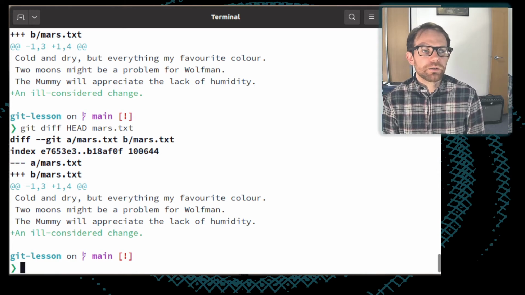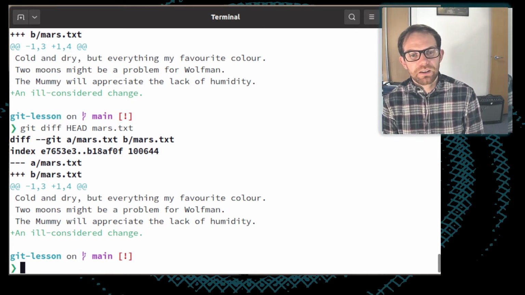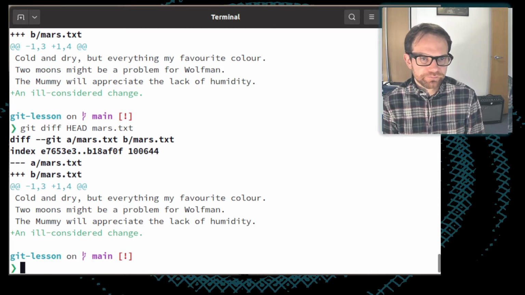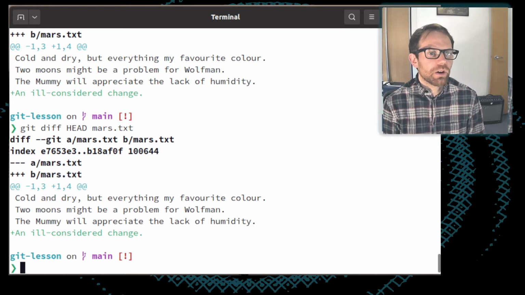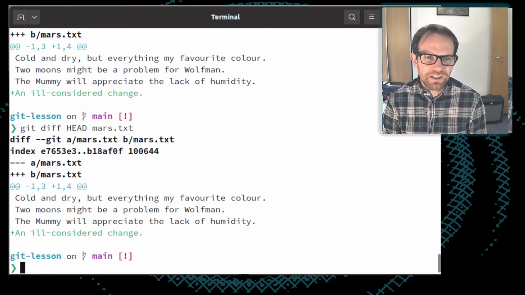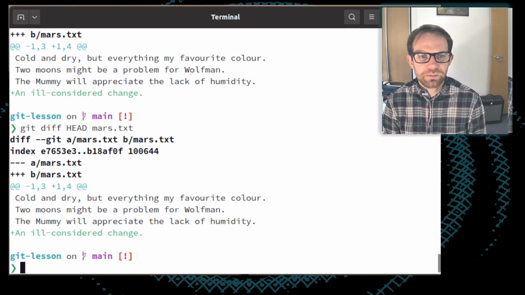In effect, git diff HEAD tells us specifically that we want to look at the difference between files in the working directory in their current state and in HEAD, which is the most recent snapshot, the most recent commit in that repository. So I run git diff HEAD, and then I specifically just want to look at mars.txt. So git diff HEAD mars.txt.